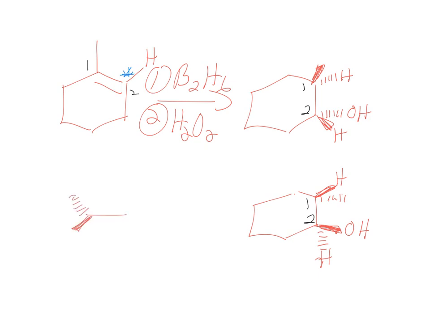If you were asked to do the mechanism, it might be easier to draw it like this. The final product, you could also draw it like this, and this would be correct, plus it's an enantiomer. You could also draw it like that too. And that way you don't have to change anything. Yep, and if I drew it this way, the only other one I'd have to draw would be